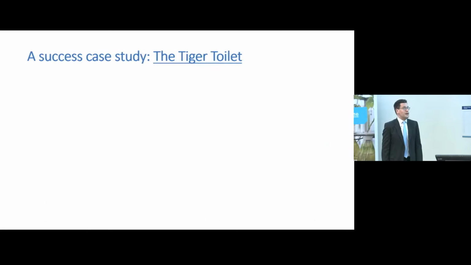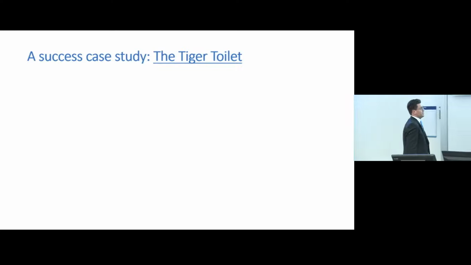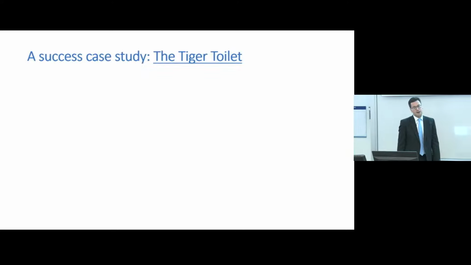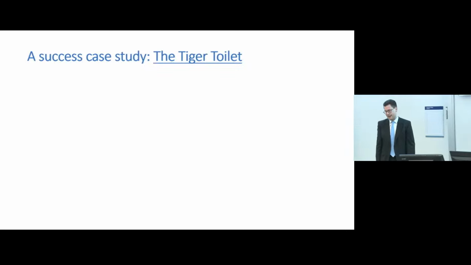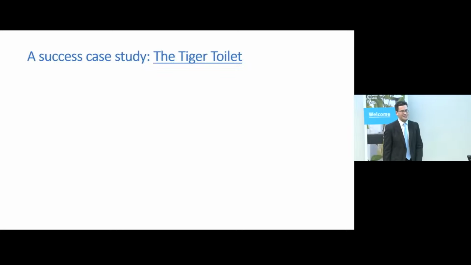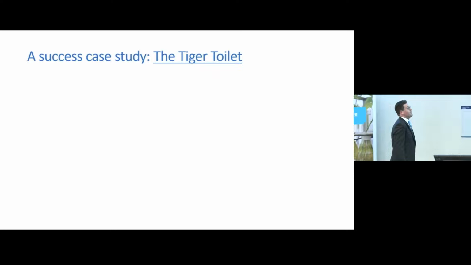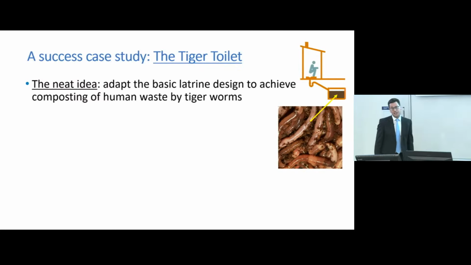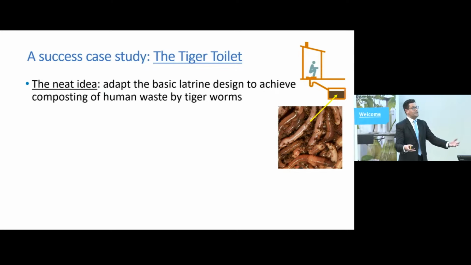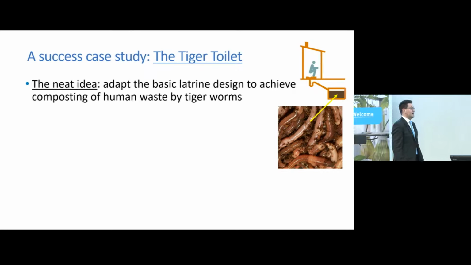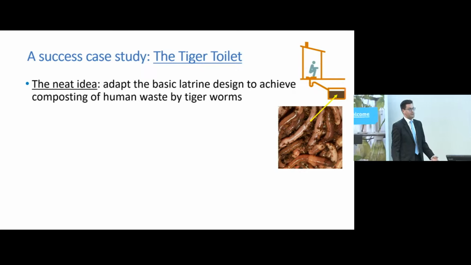And so I'm going to give you a few case studies of some research I've been involved with, which looks at different parts of that sanitation chain. The first one is a very interdisciplinary, multi-institutional study that I was part of, which is called the Tiger Toilet, which is not a toilet for tigers. It's a toilet which uses tiger worms as part of the treatment system in the toilet. This was funded through the Bill and Melinda Gates Foundation, who had a Reinvent the Toilet challenge, which you might have heard about. And basically, they were trying to encourage people to come up with designs of toilets that would be more sustainable and last much longer than the currently available technologies before they filled up.